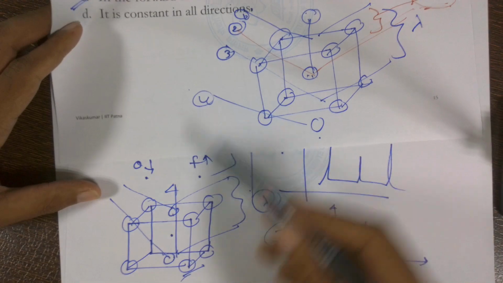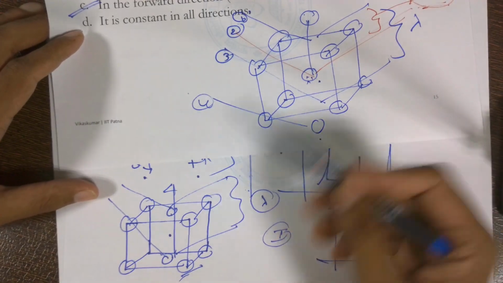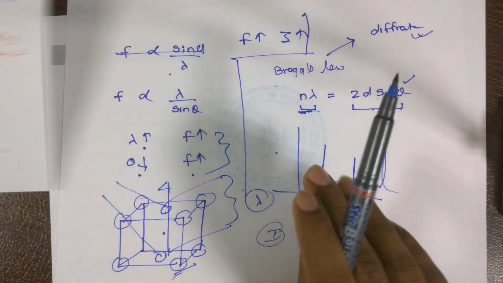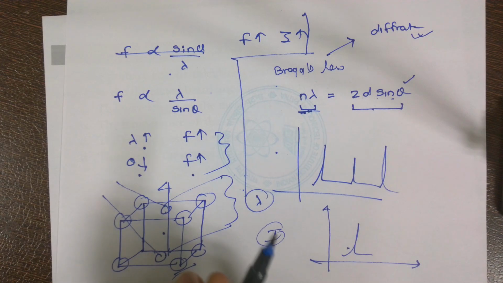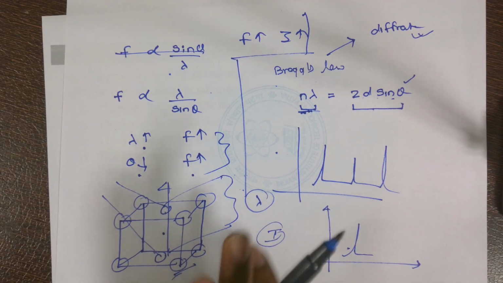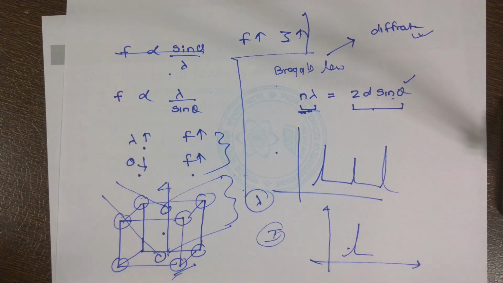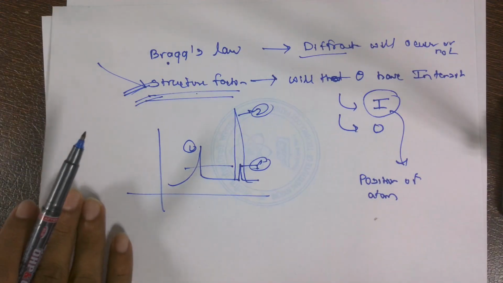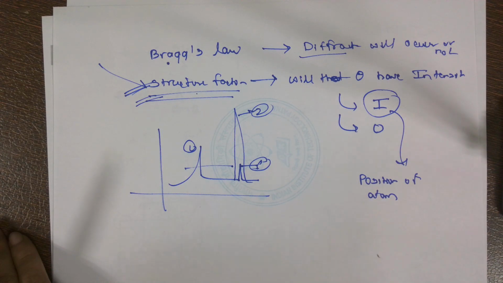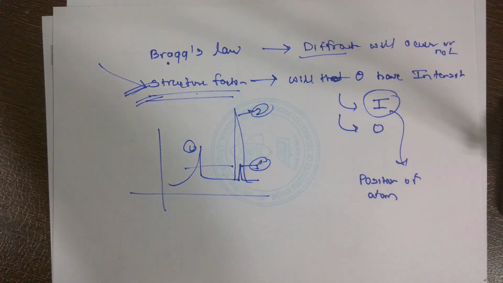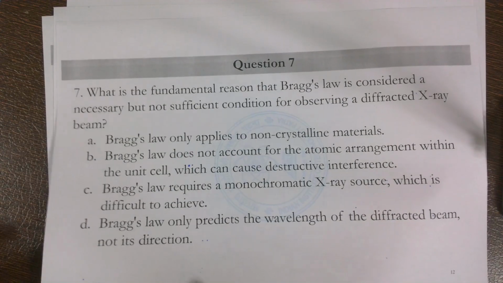So once I change the position of an atom, it is going to affect the intensity. Again, we are still not going in depth. The structure factor is yet to be discussed next week, and we are going to explore it more and more. Okay. So based on the concept that we have learned, this question number 7 which was left over,